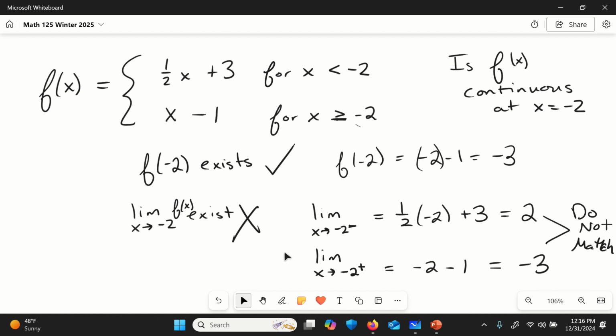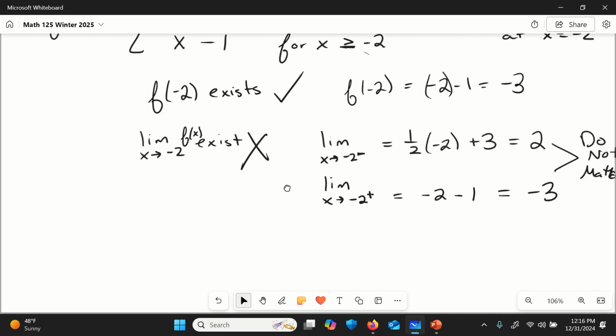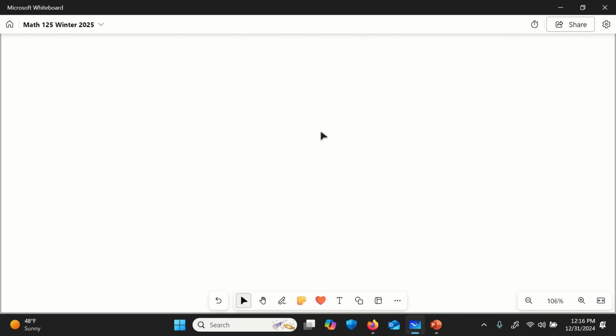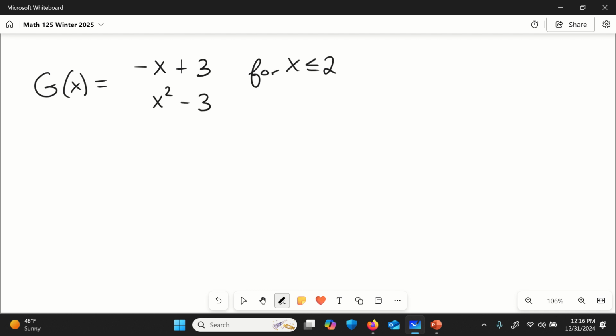And we'll look at one more example of a piecewise function and observing continuity at a particular point. So this piecewise function will have a linear piece to it, but also a quadratic piece. So the first rule is -x plus 3, and we're going to use that for x less than or equal to 2. And the second rule we use is x squared minus 3, and we'll use that for x values greater than 2. So that is our piecewise function, and we're looking to see, is g of x